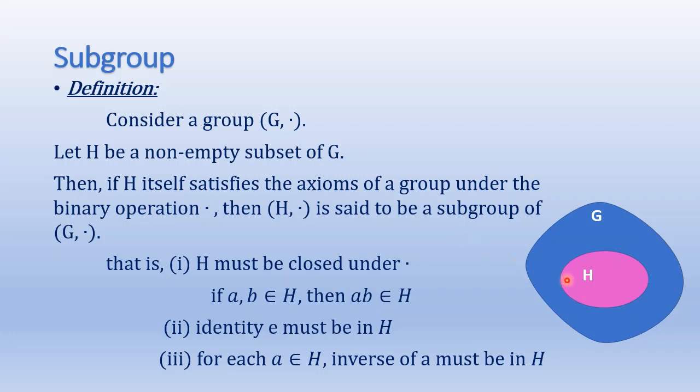We may see that G is a subset of itself. That is, every set is a subset of itself. So G, dot is a subgroup of G, dot. Also, if H contains only one element e, then e is the identity element which belongs to H, and the inverse of e is e, that also belongs to H. You multiply e any number of times, then also you'll get e. So e alone lies in H, which means {e} is also a subgroup of G under this operation dot.